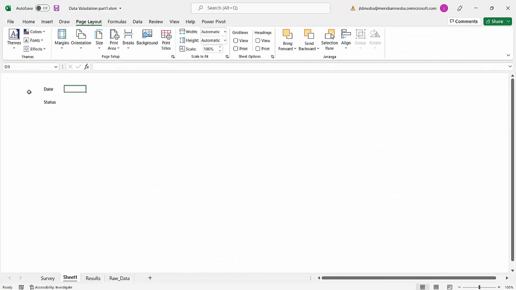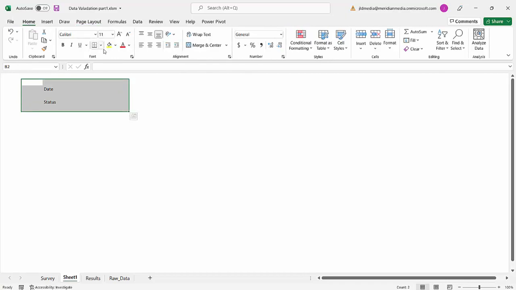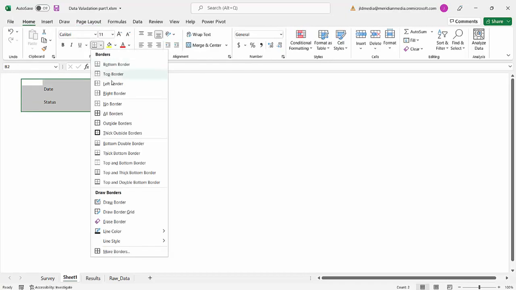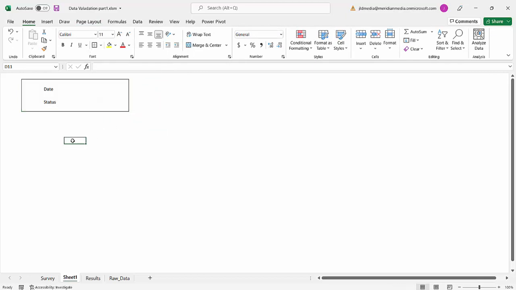But for now, we can even do a few things just to make it look a little bit more survey-y, just to get things started. Okay. So by default, this cell that you see right here will accept any value because data validation is built into Excel, but by default, it'll accept any value. So if you wanted to change that default setting to, say, just a date or to just a validation list,